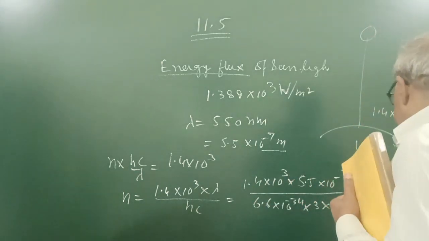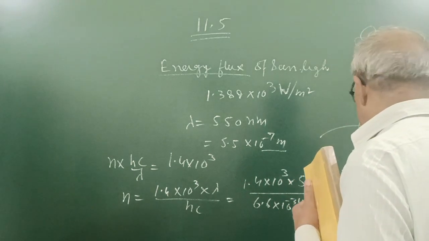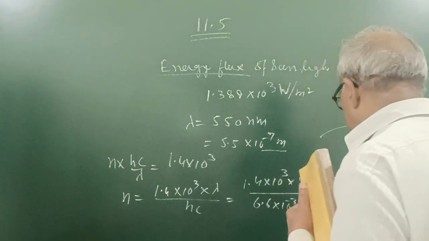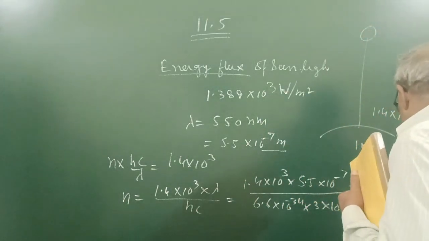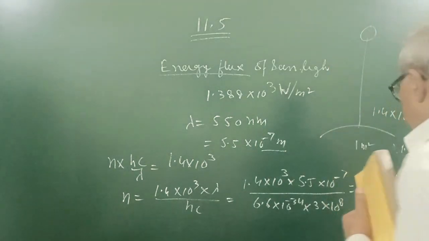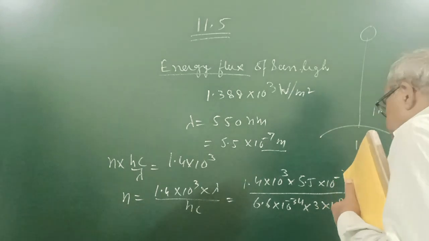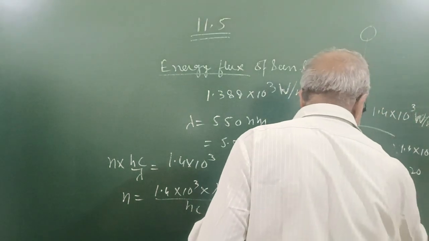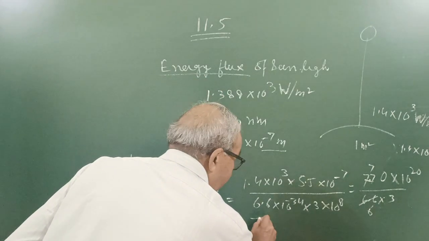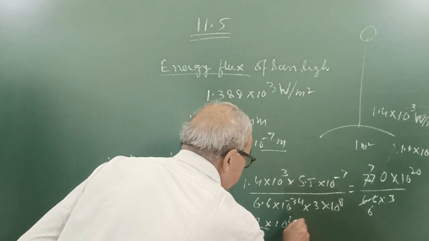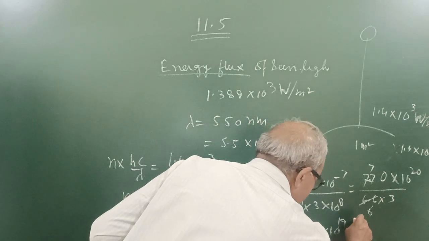1.4 into 5.5 is 7.7, so 7.7 into 10 to the power minus 4, then the powers combine in the denominator, 6.6 into 3 is 18 with 10 to the power minus 26. So it is 7 upon 18 into 10 to the power 20, or 70 upon 18 into 10 to the power 19 photons per second